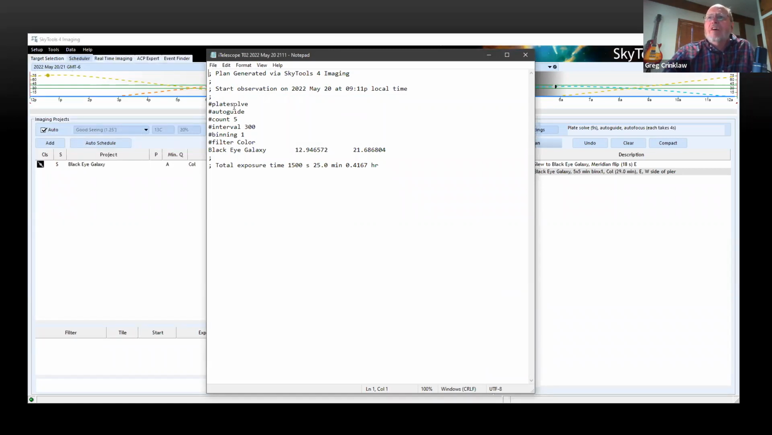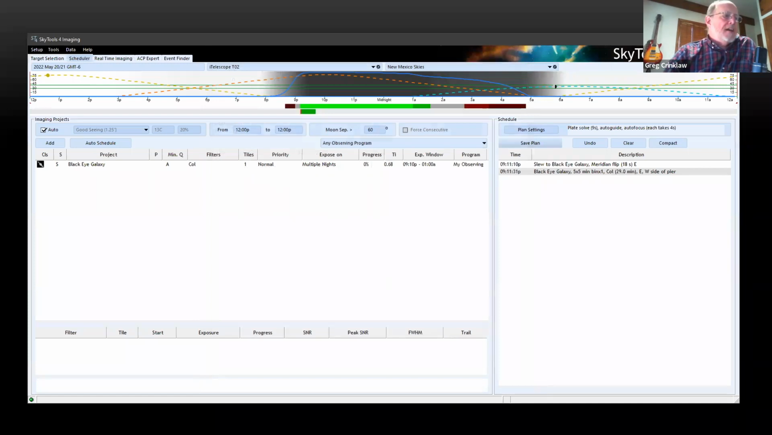And it put the plate solve in there that I suggested. And it knows ahead of time that this telescope needs to auto guide. And it just tells us that we're going to do 5 300-second exposures. Down here, it tells us the amount of time and how much of an hour, so we can figure out how much it costs if we want to. So the next step